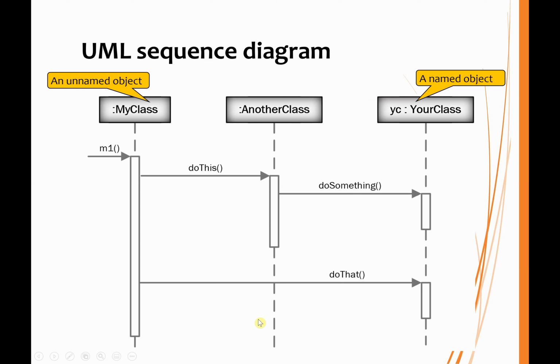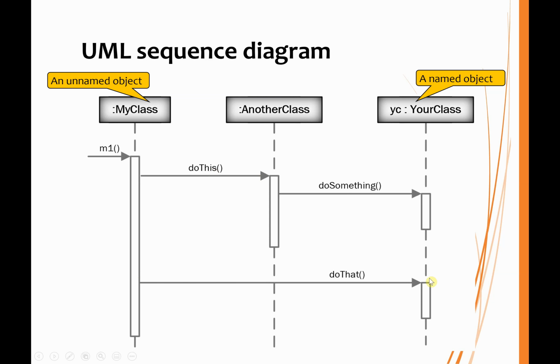That's later in the lifetime of the object. The rectangles are called activations. Essentially, they are the methods. And these lines coming in to the methods are the method calls. This is a call to the method M1. So this is M1. We can see that M1, as it executes, is going to call do this and then